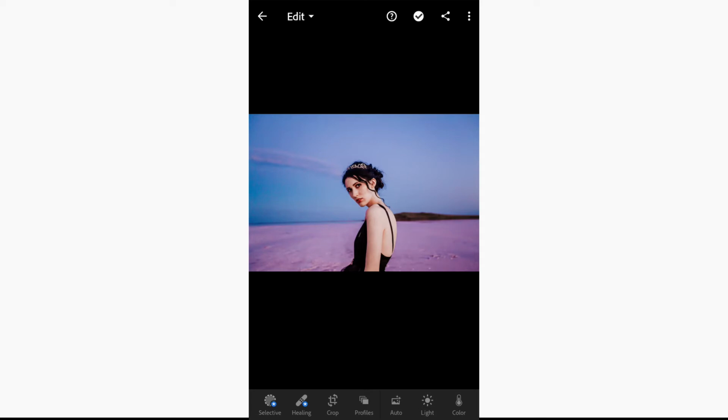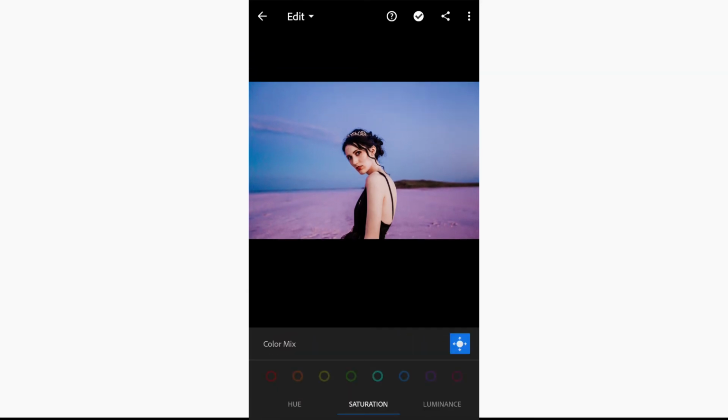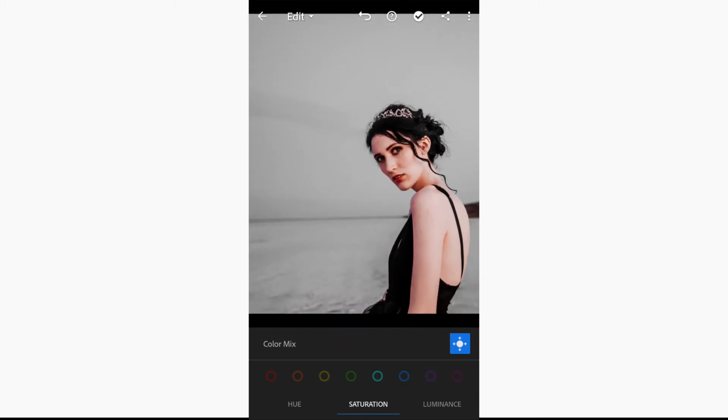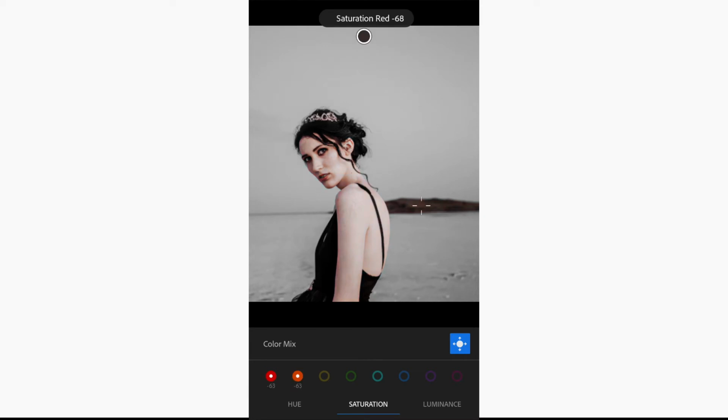So let's assume that we want to keep the subject and desaturate the background. I will click on the colors and desaturate them. There is some brown color remaining in the background. Let's remove that too. But when we try to remove that color, the subject also gets desaturated. It happens because the brown color is similar to the skin tone, and when we try to desaturate the brown color, the skin also gets selected and desaturated. So in Lightroom, similar colors will create problem.